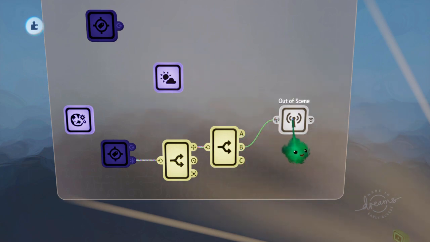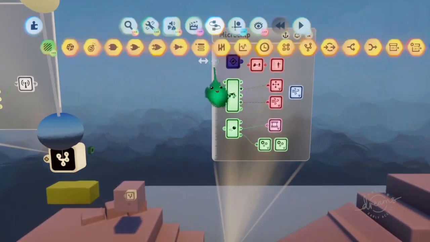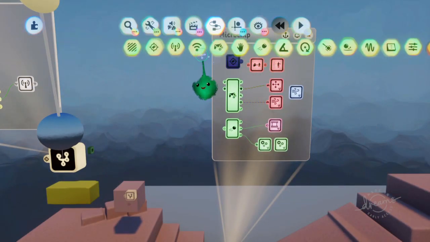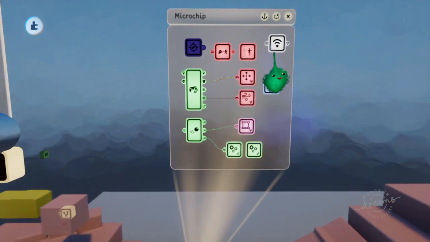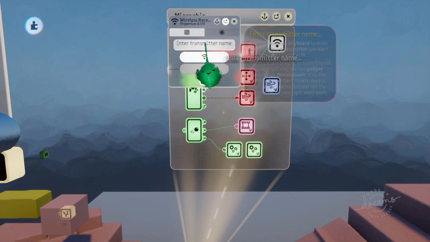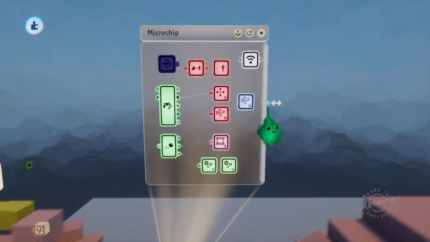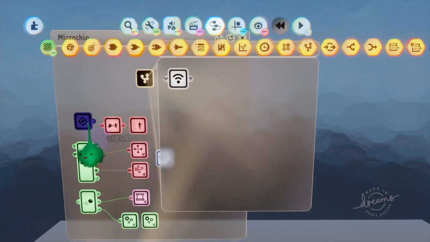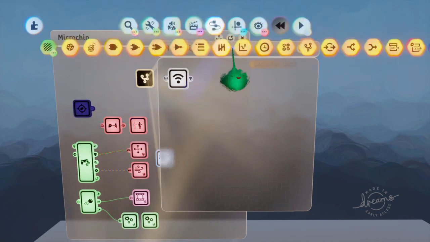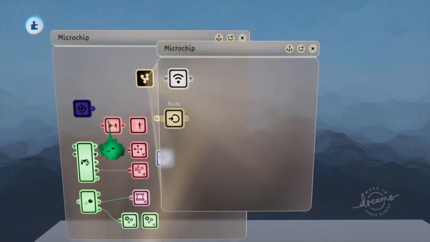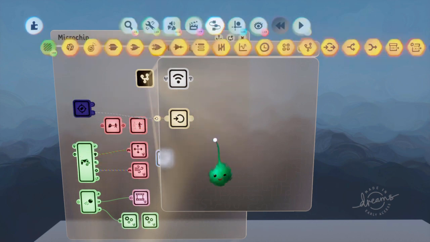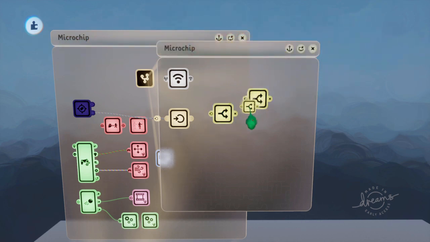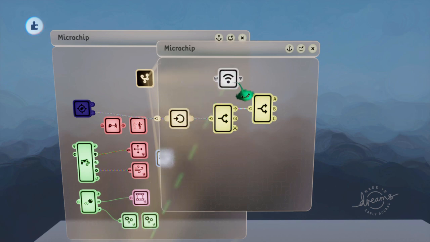So let's plug that in there, and then we'll make a corresponding receiver that works in the entire scene, and it's looking for, you can use up and down on this as well, looking for the out of scene. And then we want the player's current position, so let's plug that in there as well with a node. And split that out as well to get the Y component of that, and then we'll just compare the two